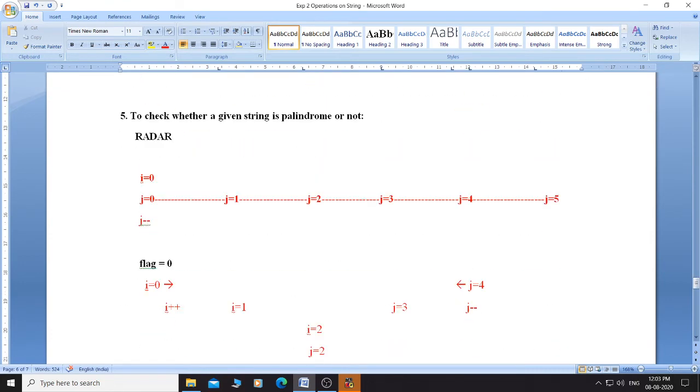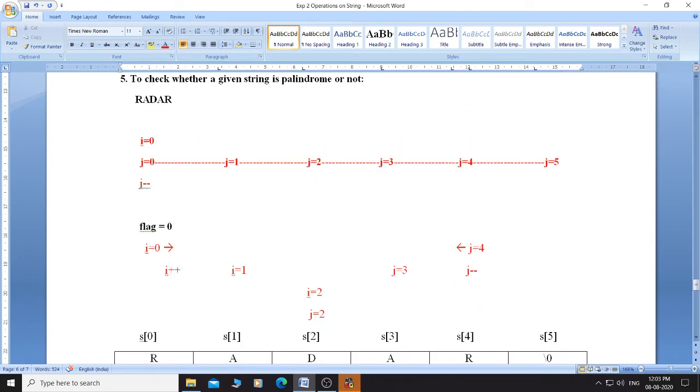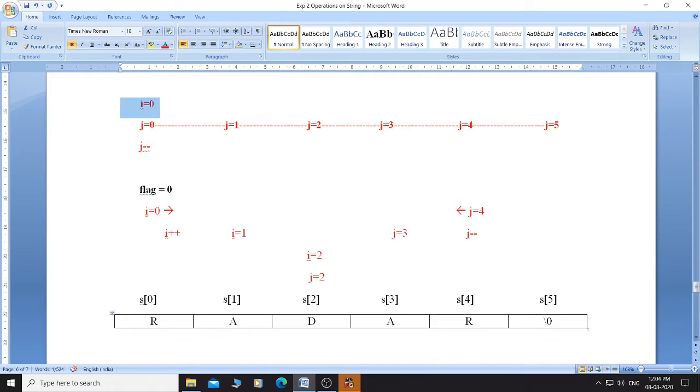The same logic is applicable in case of palindrome also. There is a slight change only, I will explain it now. Initially we have to point i to the first character, that is, make i equal to 0, and j should point to the last character. j should become 4, because 4 is the index of the last character. Now how to make j as 4? For that purpose we will